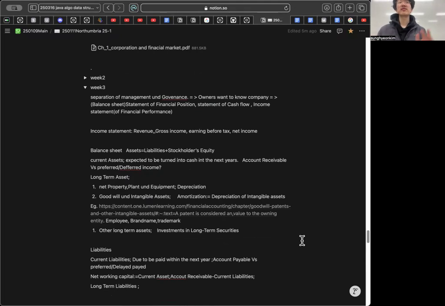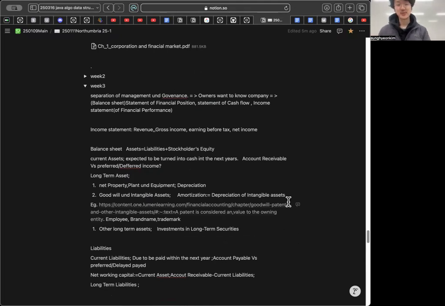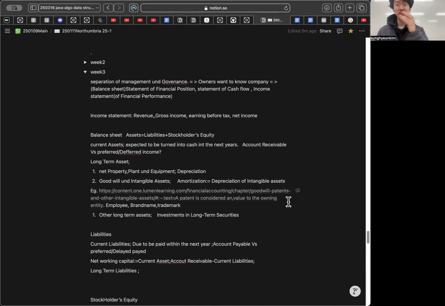We will discuss financial statements, and we should know why financial statements come about. It is because of the separation of management and governance. Owners can't really know about the company. So there come the balance sheet, which is the statement of financial position, the statement of cash flow, and the income statement, which